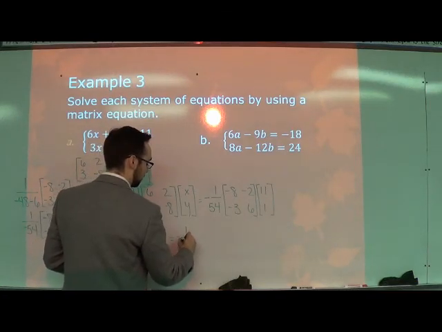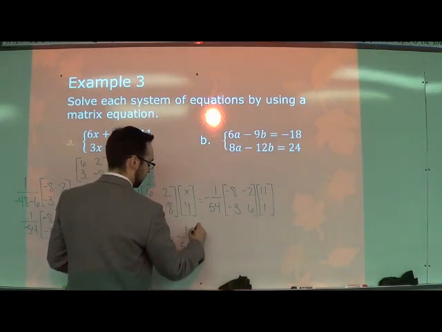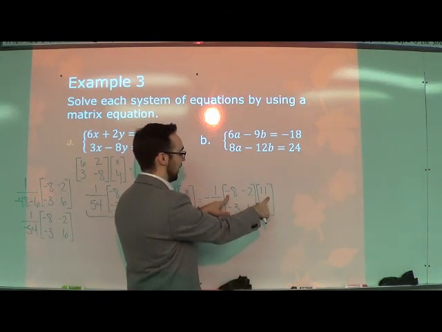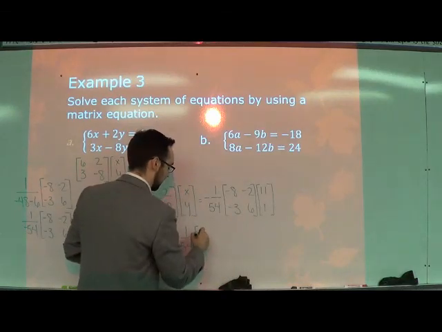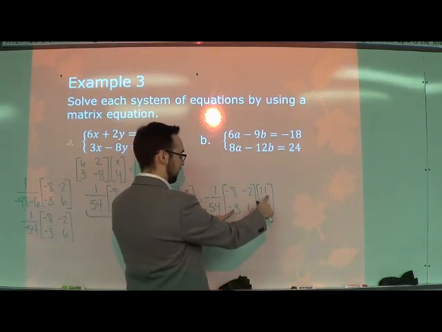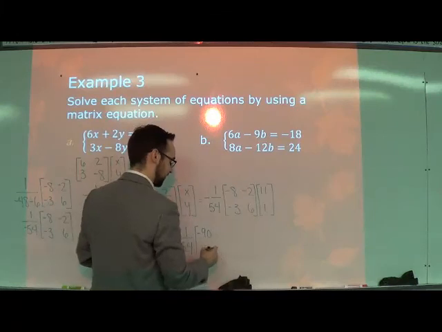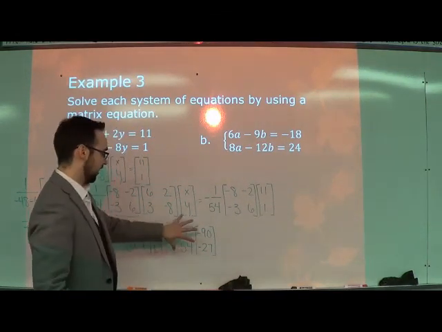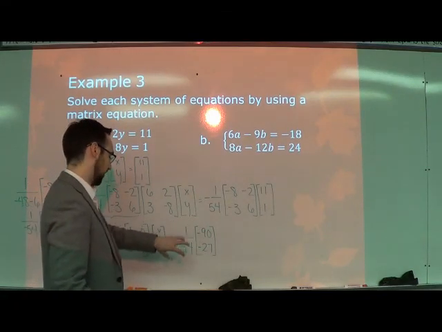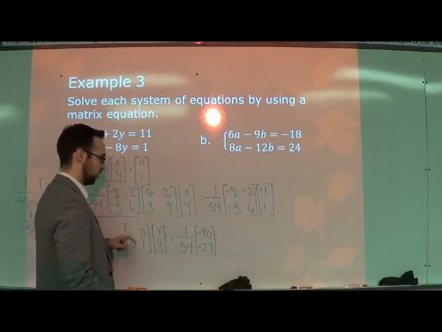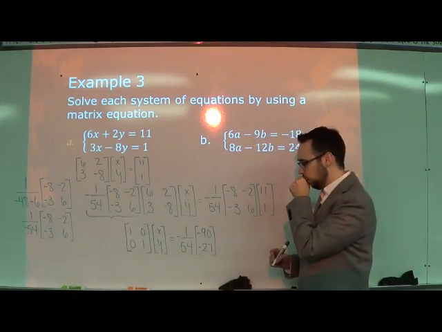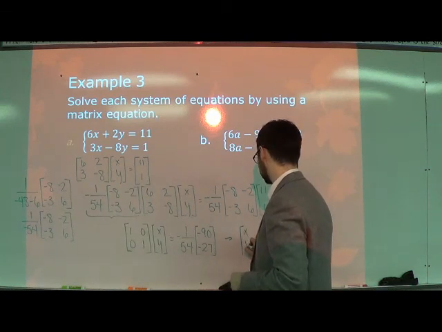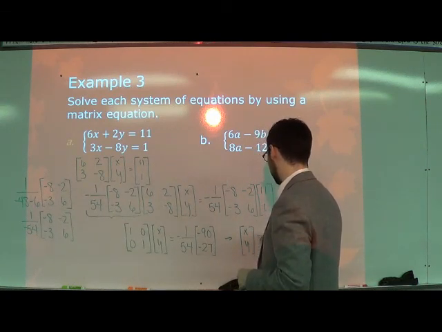But this side, we actually want to multiply through these two matrices. So we have negative 8 times 11 is negative 88. Minus 2 is negative 90. Then we have negative 33 plus 6 is negative 27. If you want to leave it this way, you can. So this really just means x and y. So our final answer here would be x and y is equal to,